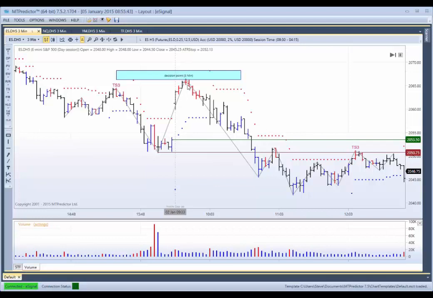It gives you a level where the market is anticipated to reverse. And as you can see, we had a red sell bar right at this decision point level. So what this allows you to do is, knowing that it's an inside gap, knowing that inside gaps tend to fill, in other words they tend to go back to the previous day's close, which is here at 53.50, you can set up a short trade setup at this resistance level in and around our red sell bar to play